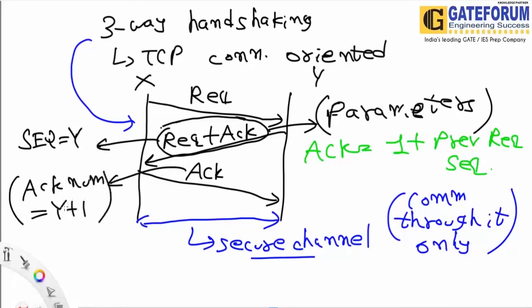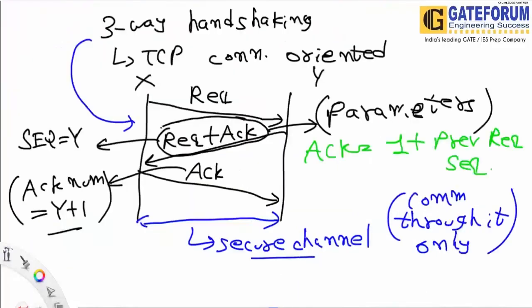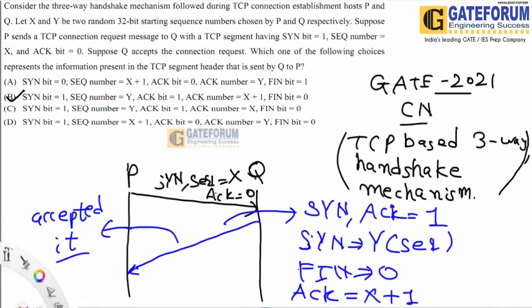So always understand this acknowledgement number would be 1 plus the last sequence number on which the acknowledgement is being sent. So here the same thing would be working out. The particular acknowledgement number would be 1 plus the last sequence number on which the acknowledgement is being sent. Okay, so that's how this particular question works. It's a very simple question. You just need to understand how the concept of three-way handshaking works. Kindly try to practice this question also, as much as possible.